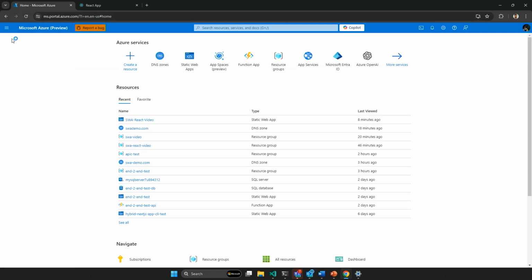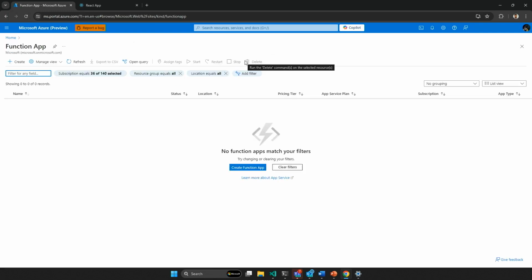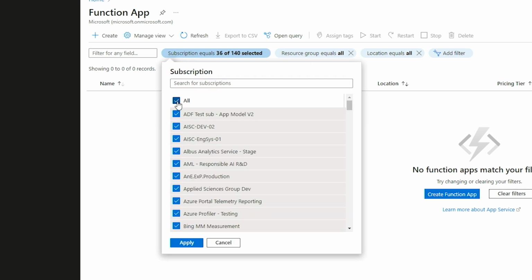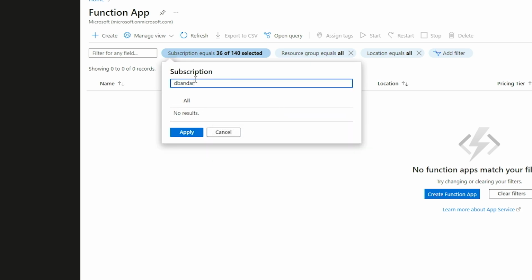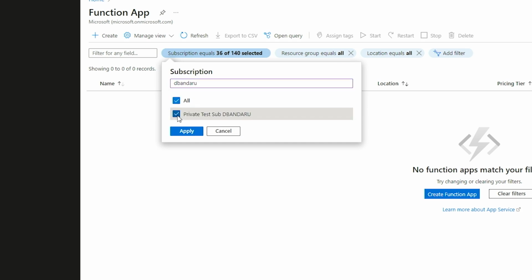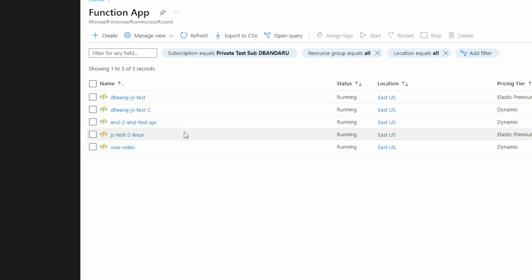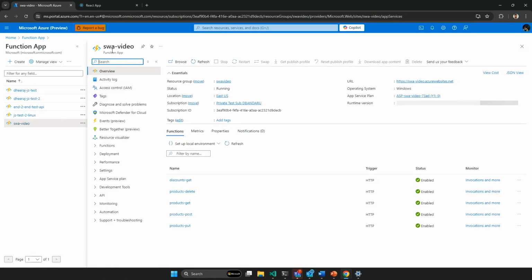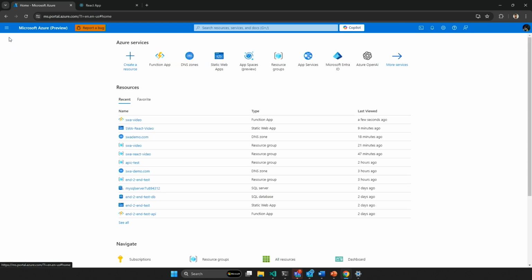So going home, we're going to go to Function App right here. We're going to go ahead and find our subscription. And now we're going to see that our function app is in the portal, as we previously created it, SWA video, and it is actively enabled. Now that we've confirmed that this is available, we're going to go back home to our static web app,